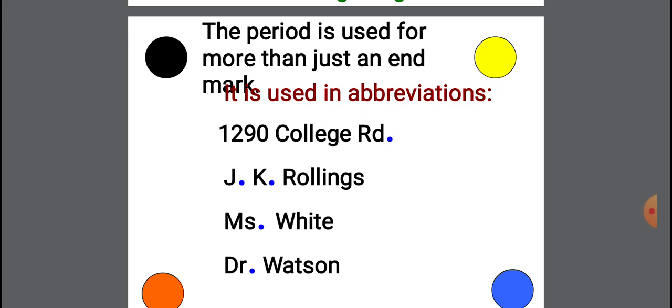In J.K. Rowling, a period is used after J and K. These are abbreviations. Then Ms. and Dr. also have a full stop. So a period can be used with abbreviations, not only at the end of sentences.